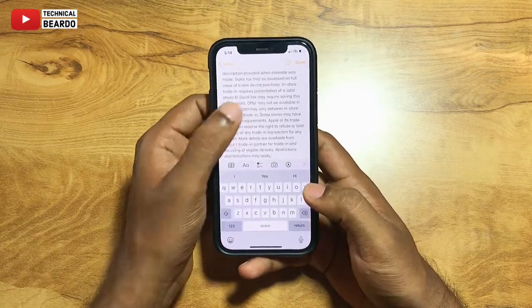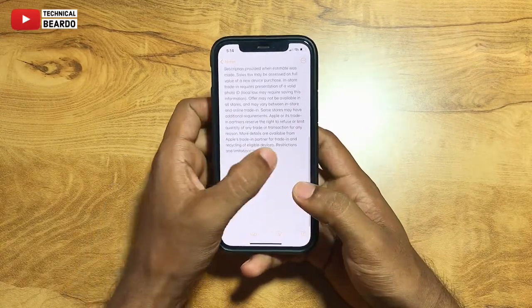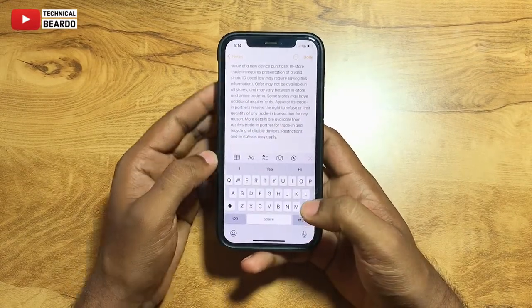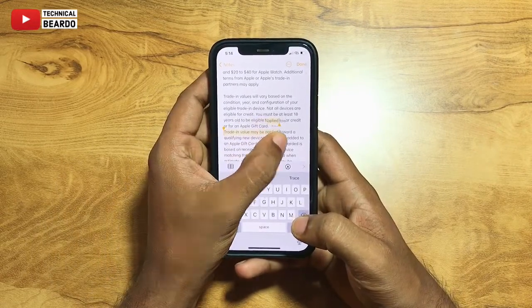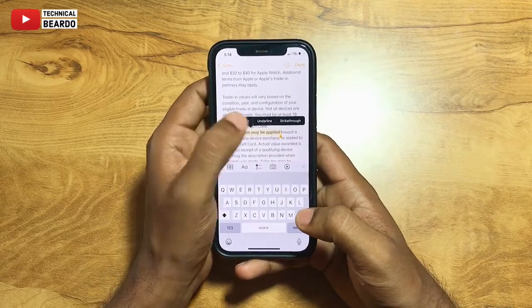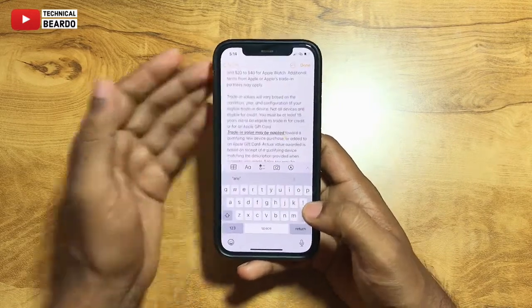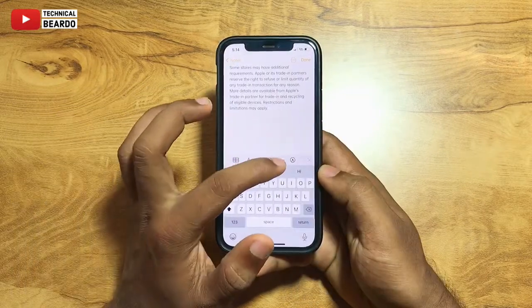If you see, here is the text. Now once you have the text, you can do multiple things to it, like bold, italic, and add some symbols, etc. That is possible here. Select the text, and bold, italic, underline, anything can be done here with the text formats. After the text, now comes the multimedia.